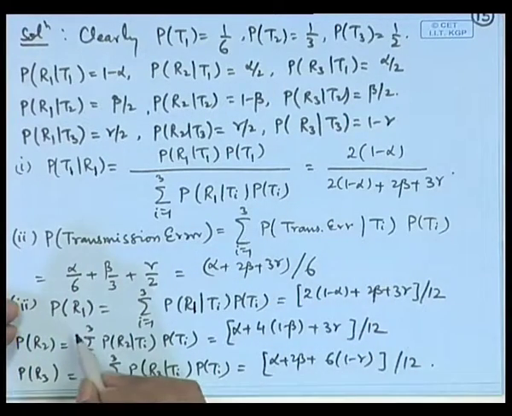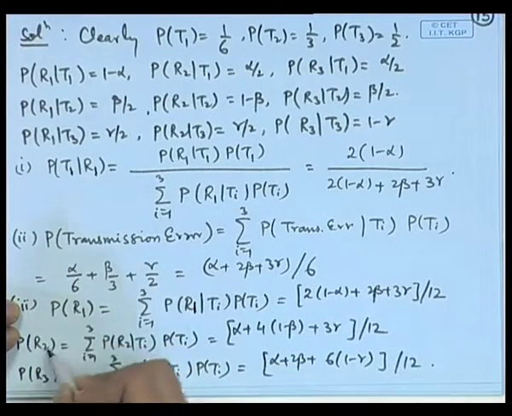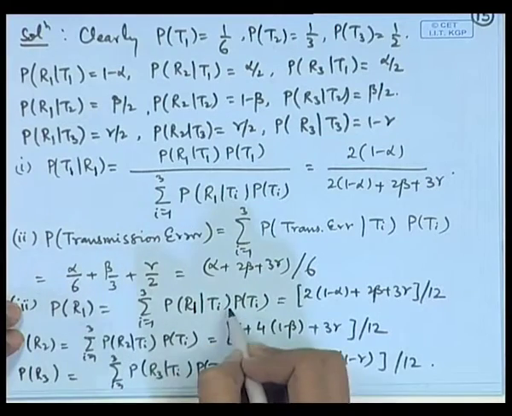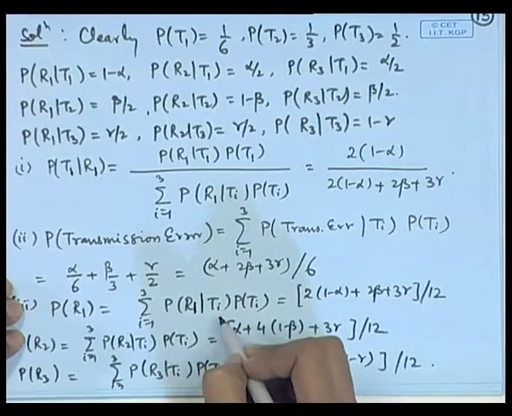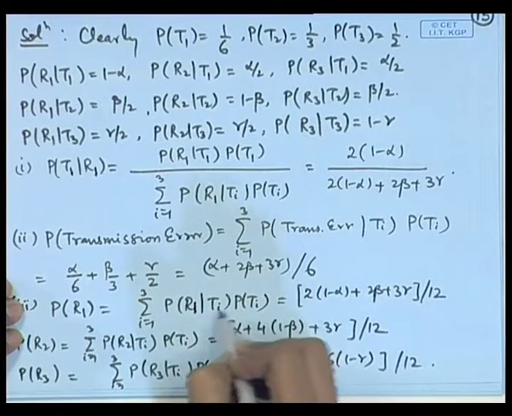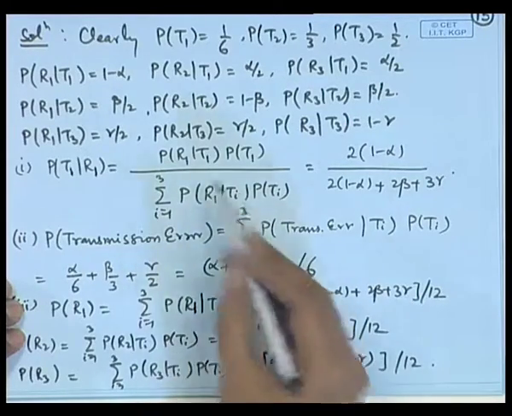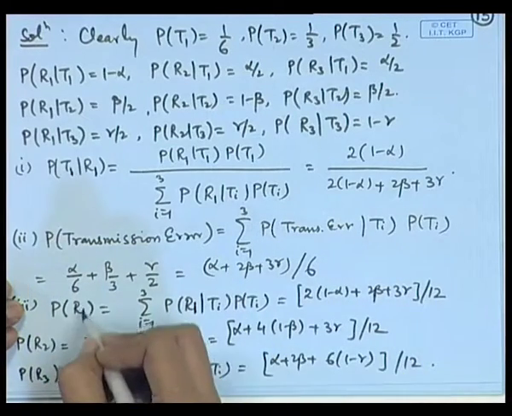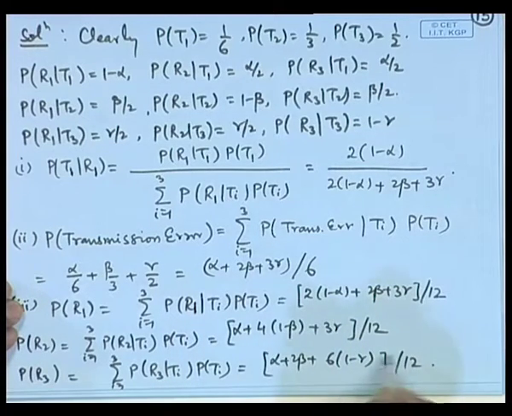What is the probability that digit 1 is received? What is the probability that the digit 2 is received? What is the probability that the digit 3 is received? In each of these cases, the digit getting received is a consequence of digit being sent. So, at each stage the theorem of total probability is applicable, and the expressions for the conditional probabilities are given here. We can utilize them to get the expressions for the probability that the digit 1 is received, or the digit 2 is received, or the digit 3 is received.